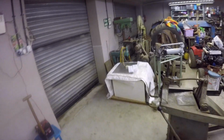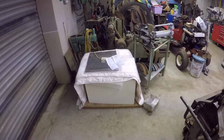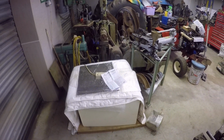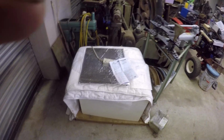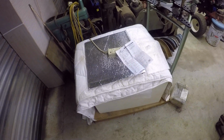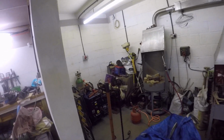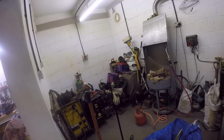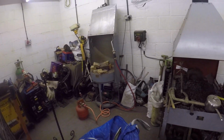rust remover brew, which is brewing very well. I had it all to pieces when I brought the lathe bed in to make some more room. I took it all to pieces, and it's really brewing very well, and it smells for all the world like gorgeous cider, but I can't drink any of it because there's been all sorts in those barrels, so I can't even sample it. But never mind, it's got a nice fizz on the top of it. So I'd like to move that into that corner out of the way, but that of course means I've got to put the pressure wash somewhere. Right, so it's an ongoing process, but I've got to make more space and I've got to start getting rid